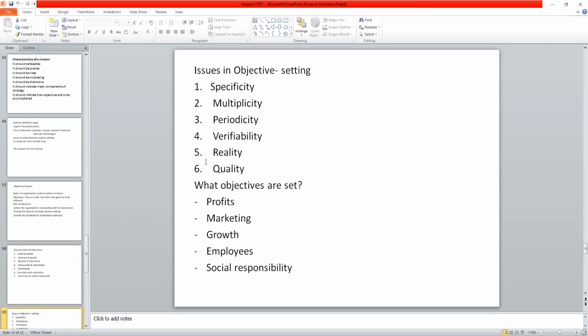If the company is in the survival phase, that is, it is facing cutthroat competition from many competitors and there is a do-or-die situation, then things are different. And if the company is stabilized and moving towards growth, then it's a different scenario. So these things have to be taken into account. Then there is the number of objectives to be set, that is, how many there should be. The organization needs to set appropriate objectives. There should not be too many, or very few objectives.